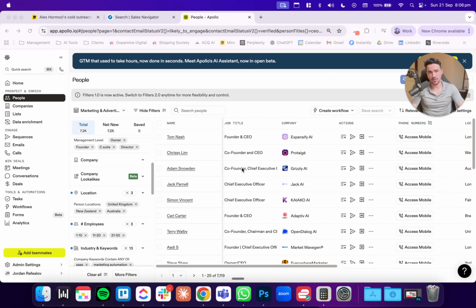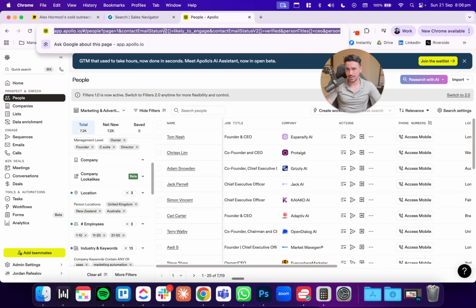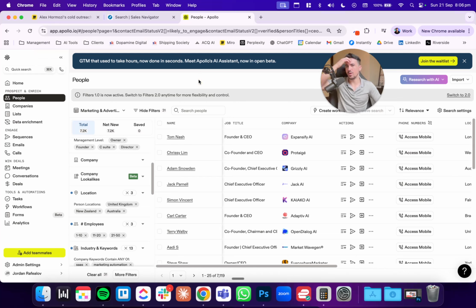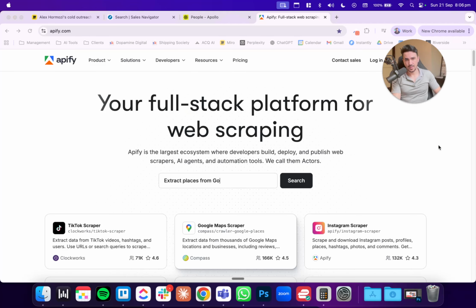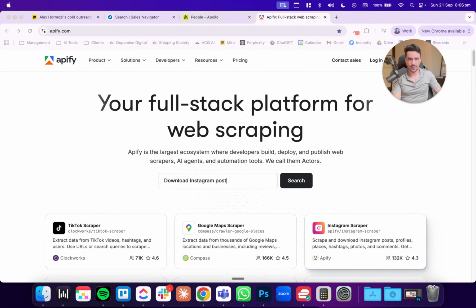I've never used them for phone numbers. I typically don't use Apollo directly. What I would do is get the link from Apollo and then use other scraping software, because Apollo is extremely expensive. So you can use something like Apify, for example, right? Fantastic, very low cost. Apollo is a lot more expensive. And also what I found is that if I use Apollo, I get decent results, but it's usually...